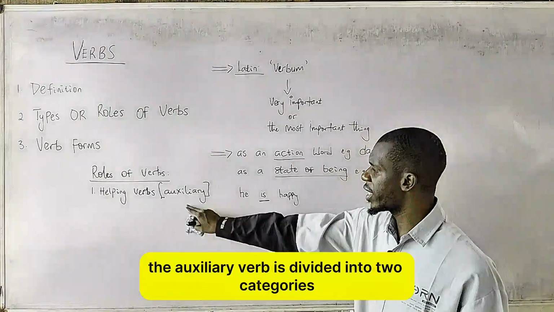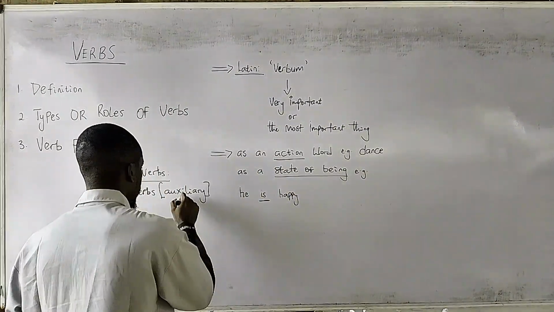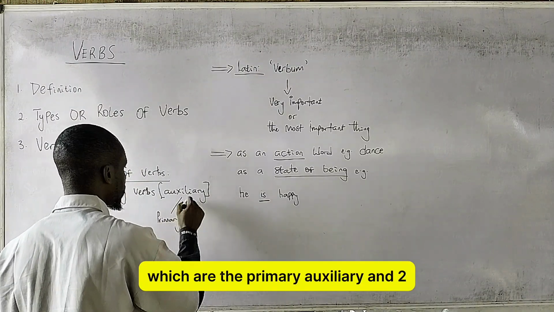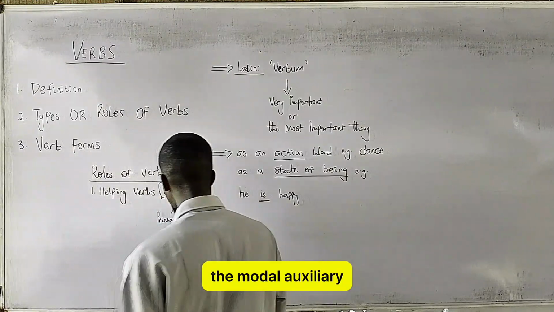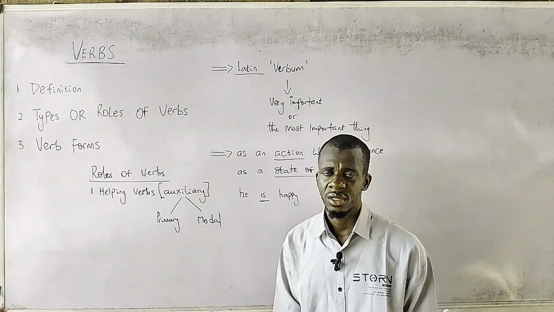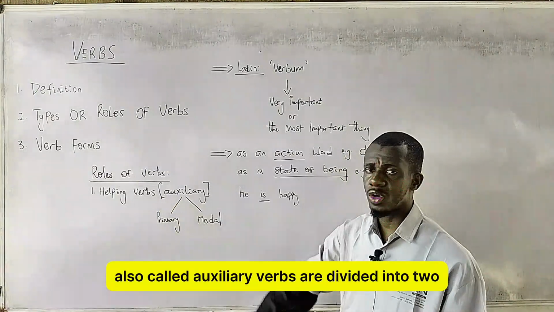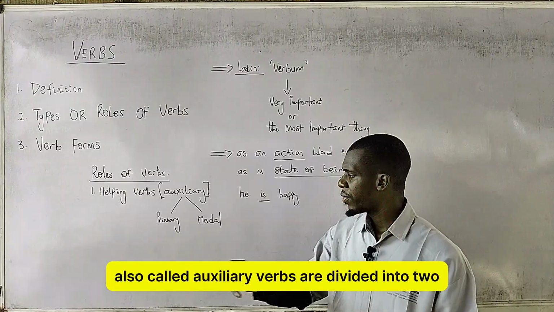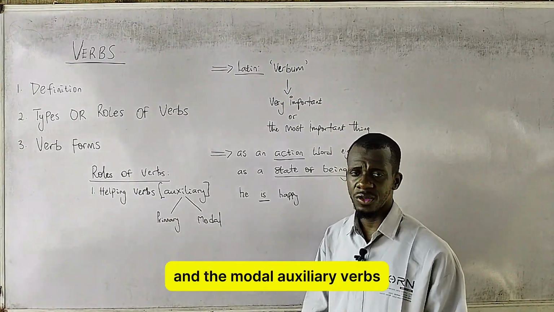The auxiliary verb is divided into two categories, which are the primary auxiliary and the modal auxiliary. So your helping verbs, also called auxiliary verbs, are divided into two: the primary auxiliary verbs and the modal auxiliary